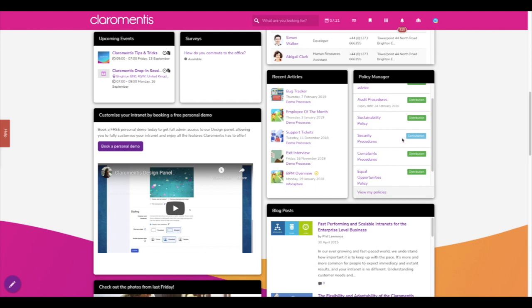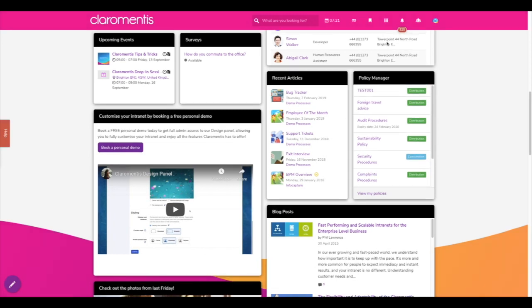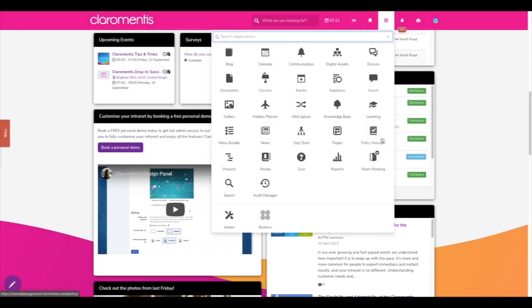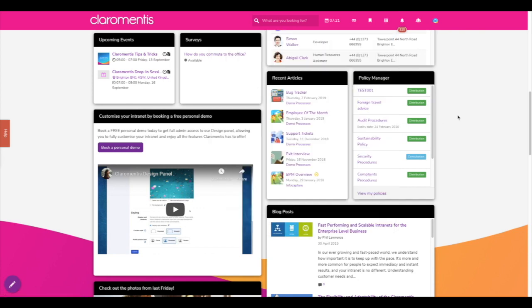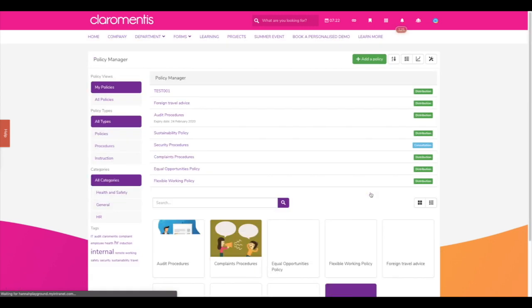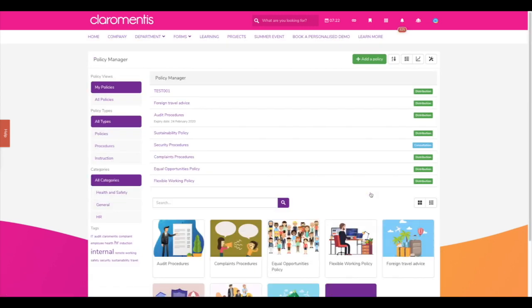I as an admin can see this in my list, as I have yet to check it over and approve it for distribution. In-depth training can be given on Policy Manager as a whole, but at this stage it is only important to know why these labels are shown in the component. To accept a policy, the user can click on the title shown in the component to be taken to it directly, or use the link in the bottom left-hand corner of the component to view all those outstanding in the